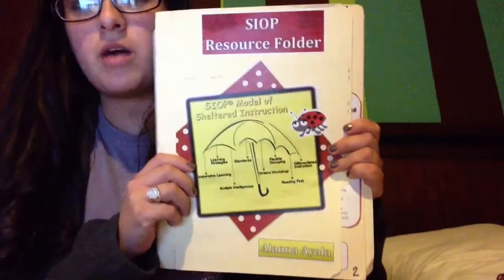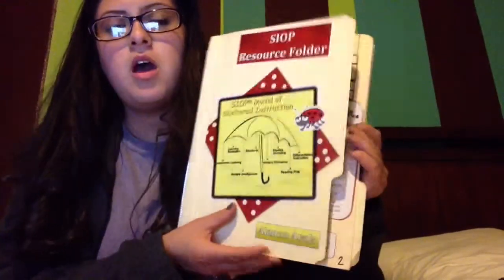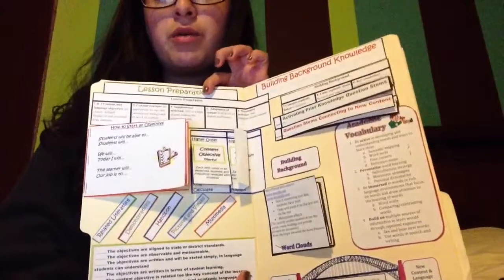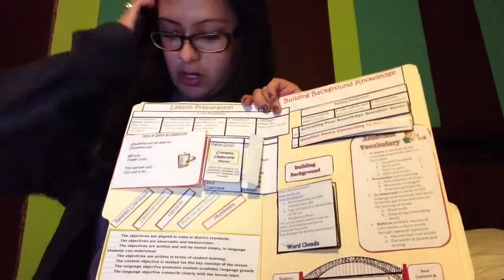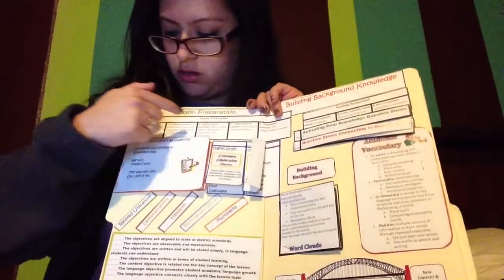This is our SIOP resource folder. This is the title page and then my name here at the bottom. Our first page in the SIOP resource folder is lesson preparation. So lesson preparation has 1, 2, 3,